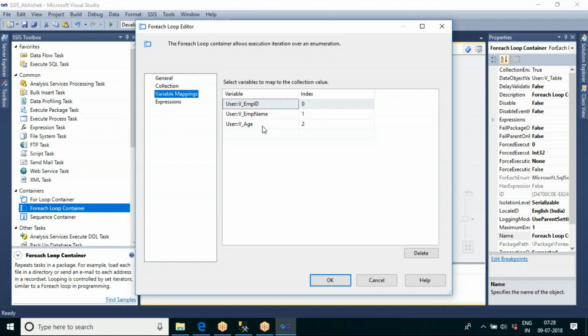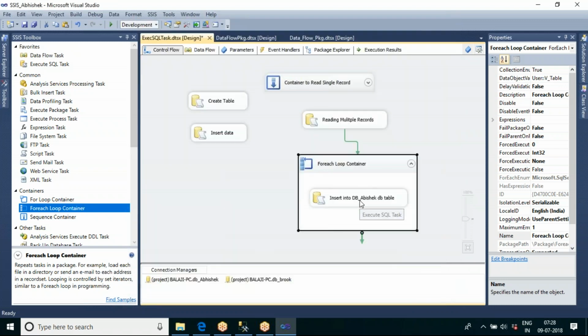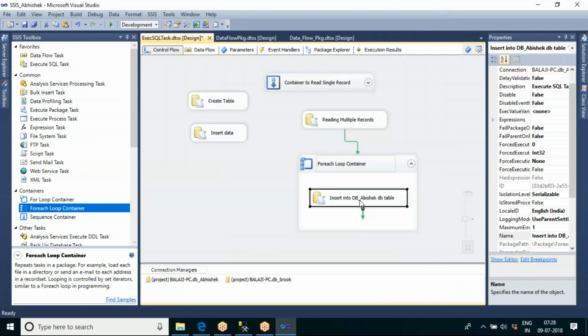The loop container will send each row one by one inside, and each row will get inserted into this database table, Abhishek destination table. That's it.